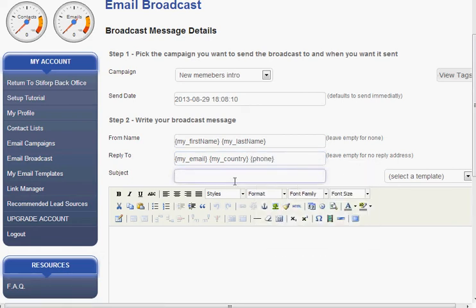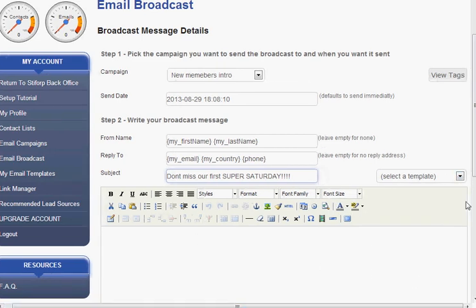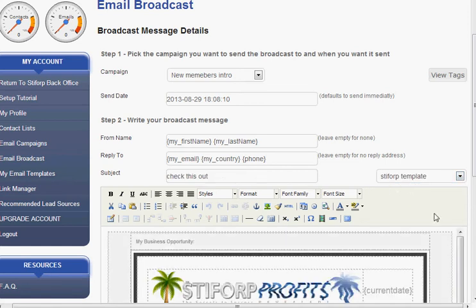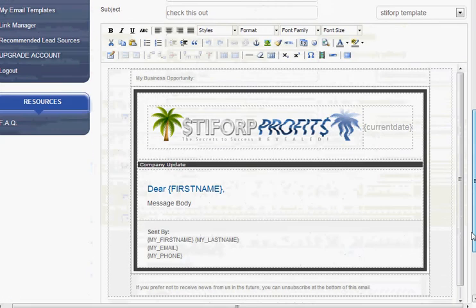Now again, the subject, just like we did before, don't miss our first Super Saturday. And so maybe this is the subject line, and as far as setting up a template, let's say I go ahead and choose the Skyforp template again. I just go ahead and scroll down,